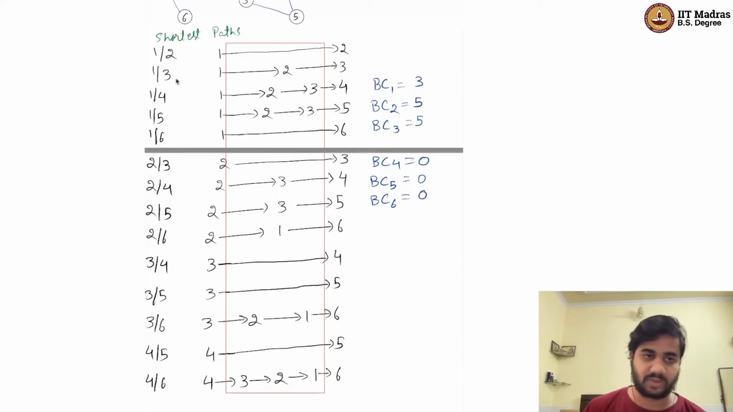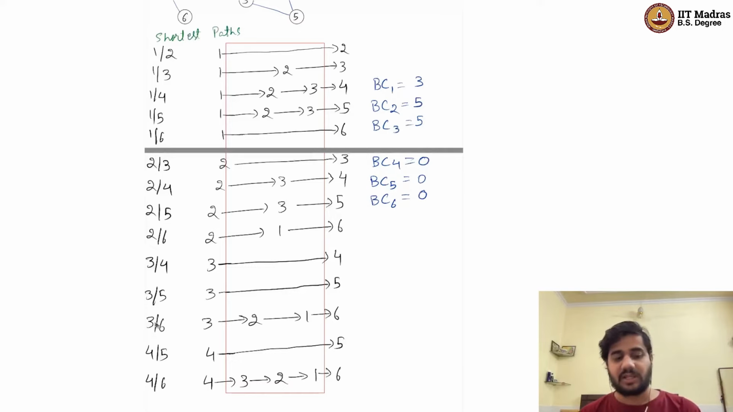So 1 to 2, 1 to 3, 1 to 4, 5, 6, then 2 to 3, 4, 5, 6. Again, we are not considering 2 to 1, because that is the same as 1 to 2. If this was a directed graph, we would be counting that separately. Okay, we get all the possible paths, and I write down all the possible shortest paths,